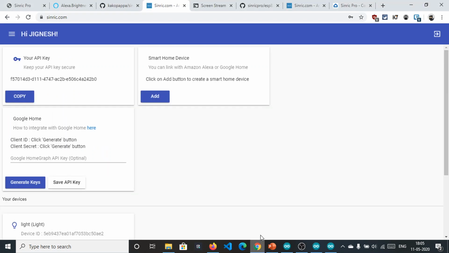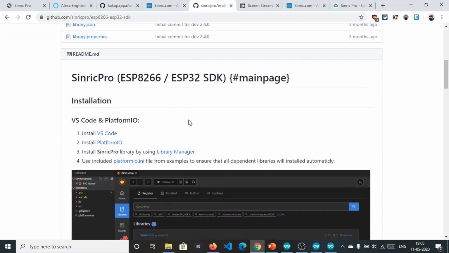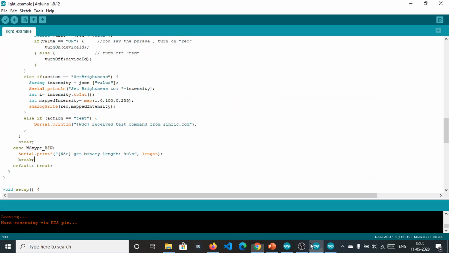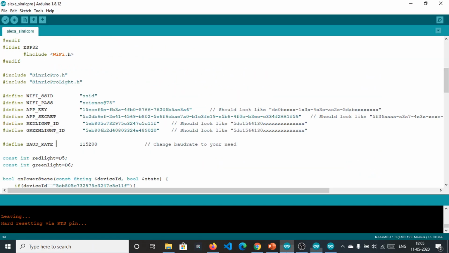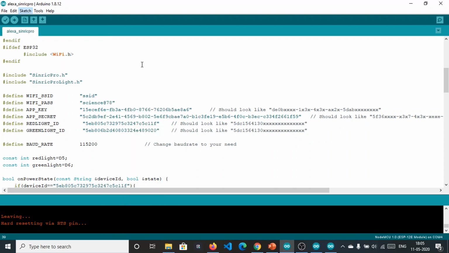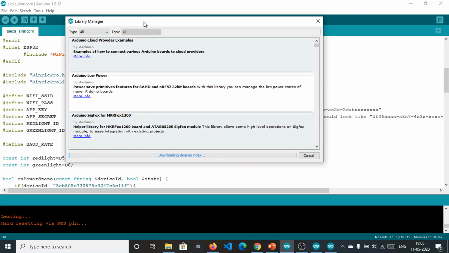All you need to do is go to this sketch, include library, click on manage libraries, and simply search Synric. It will update it.